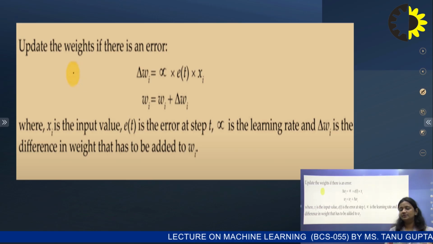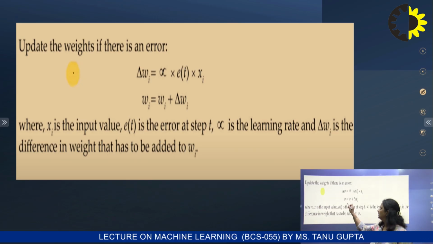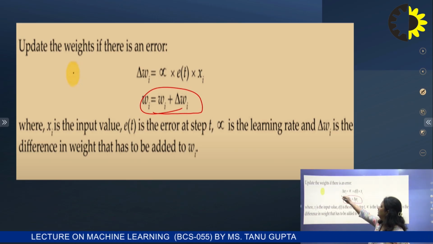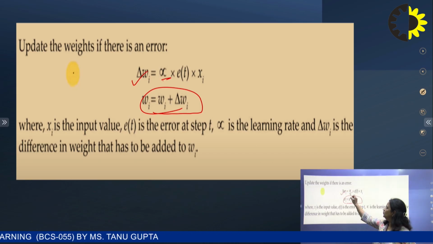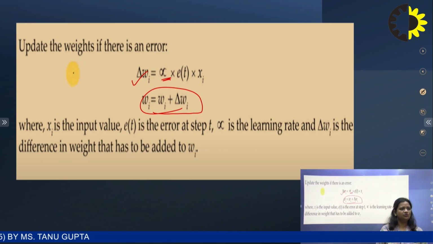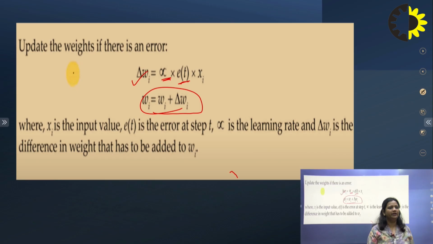So how do we adjust our weight? Delta Wi is equal to alpha, that is known as the learning rate, times E(t), the error, times xi, the input. And then we add this to the weight for calculating the updated weight, where xi is an input value, E(t) is the error at step